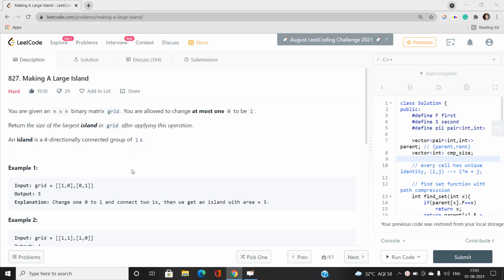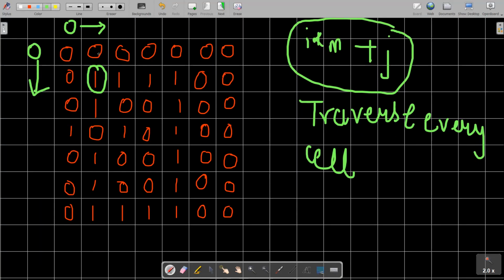So I will check in all four directions: up, down, left, and right. If that cell is present and its value is 1, I'm going to join my current cell and this adjacent cell, if both contain ones, using the unique number given by the expression i * m + j.